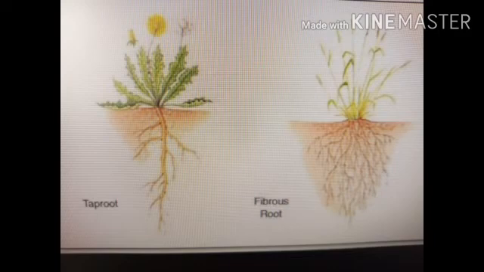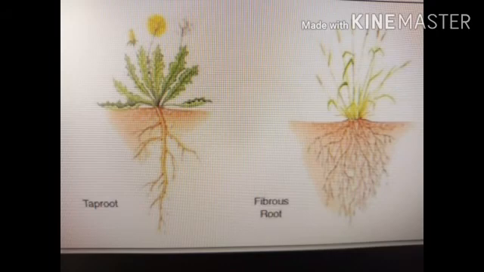The roots absorb water and minerals from the soil, and the stem conducts these to leaves and other parts of the plant. We eat many other roots also, like carrot, radish, sweet potato, and turnip. To understand the importance of root, do this activity.